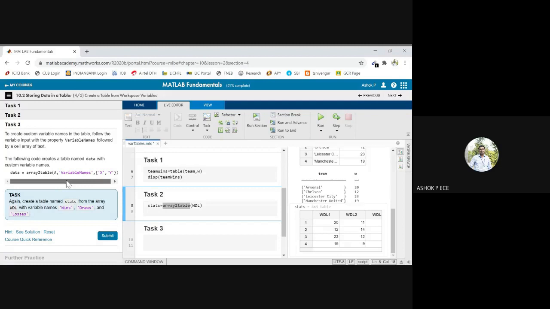Okay, so you can do that by using the array to table command. You are going to pass some extra command. See, again, create a table named stats from the array WDL. I am going to create the same thing with the variables wins, draws, and losses. So you have to use this command. You have to use this option, variable name. So see here, it is given variable name, and within the square brackets, you have to give